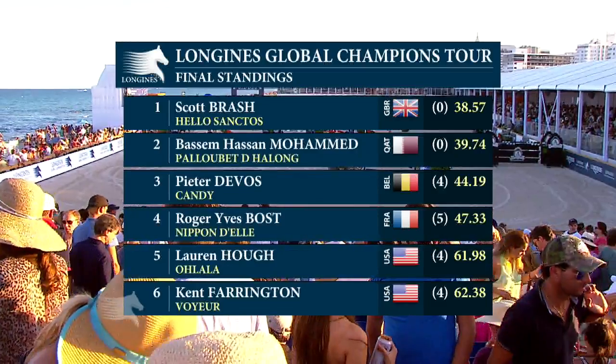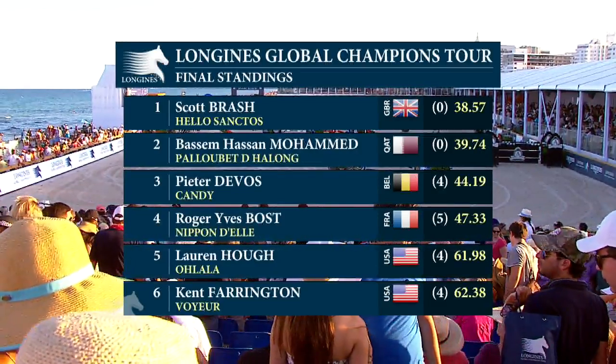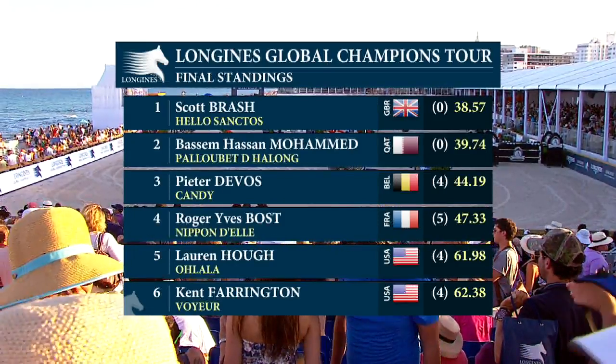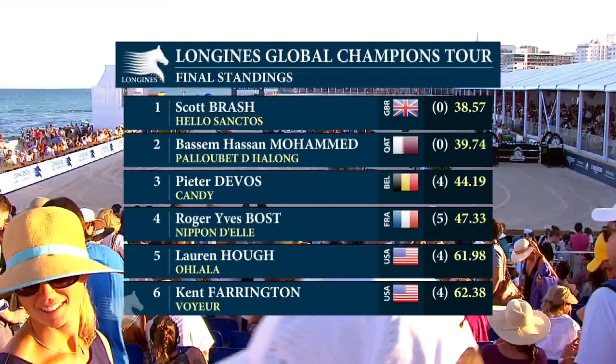Peter DeVos and Candy will finish in third. 4th spot for Roger Boss, Nippon Dell. Lauren Huff coming up into 5th spot overall there. Ken Farrington in